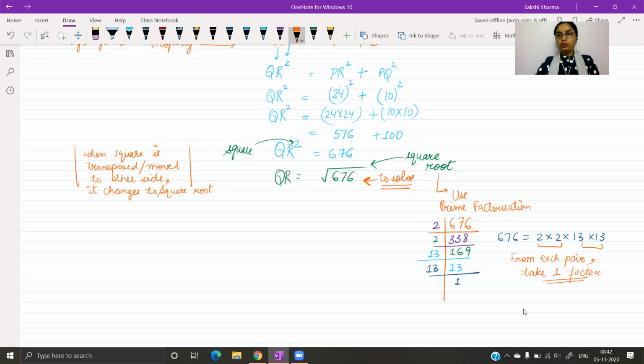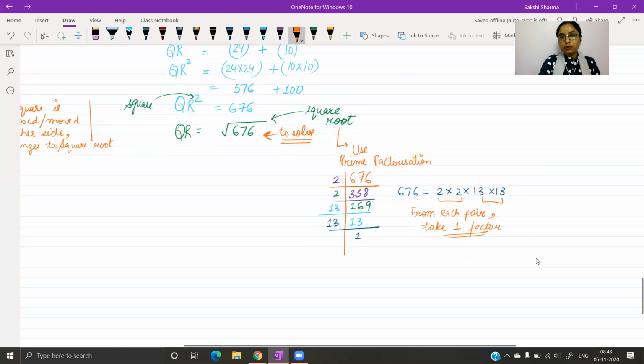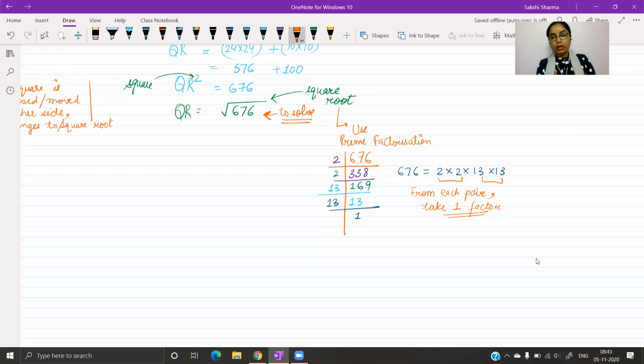Now, I would like you to look here. Just stop writing for a moment and please watch. When you are calculating the square root, the first thing you would like to do is do the prime factorization. सबसे पहले आपने क्या करना है, जिसके ऊपर भी ये स्क्वायर रूट का साइन लग गया, आपने उसकी प्राइम फैक्टराइजेशन करनी है. Once you have done the prime factorization, you will see that the prime factorization is very special.